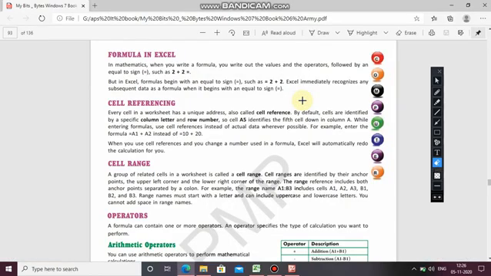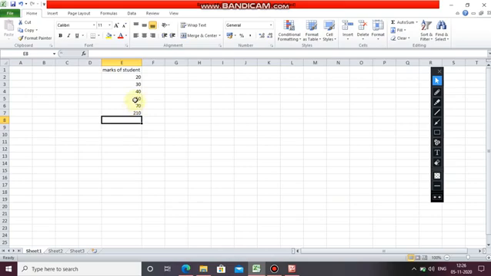Now, when you use cell reference and you change a number used in a formula, Excel will automatically redo the calculation. This one also you can see I am changing the number over here. Here 50. Now I will change this number to 20 and press enter. See, it has changed to 150.